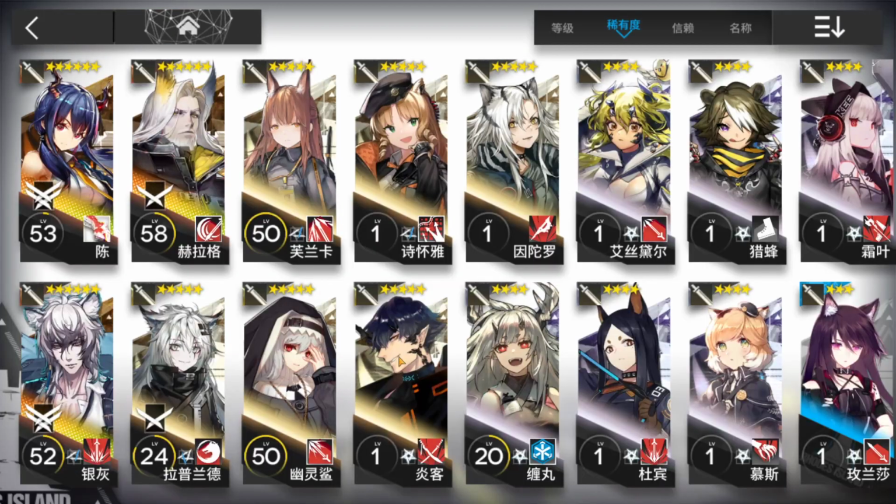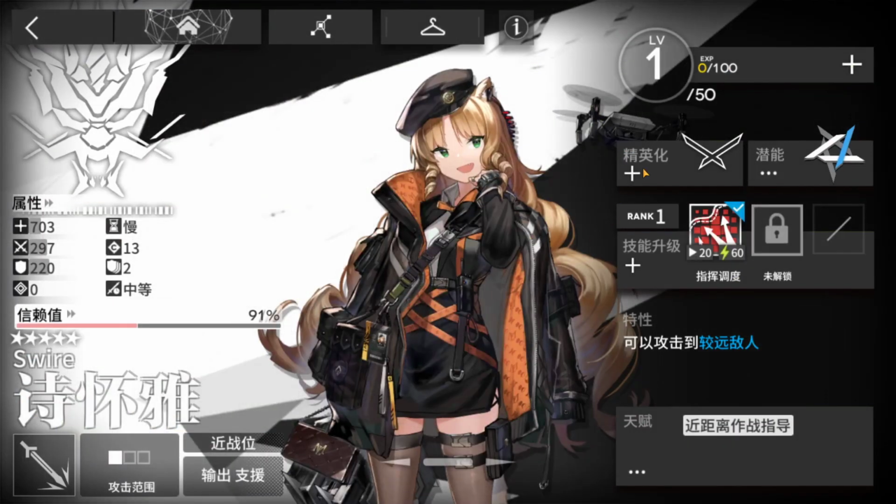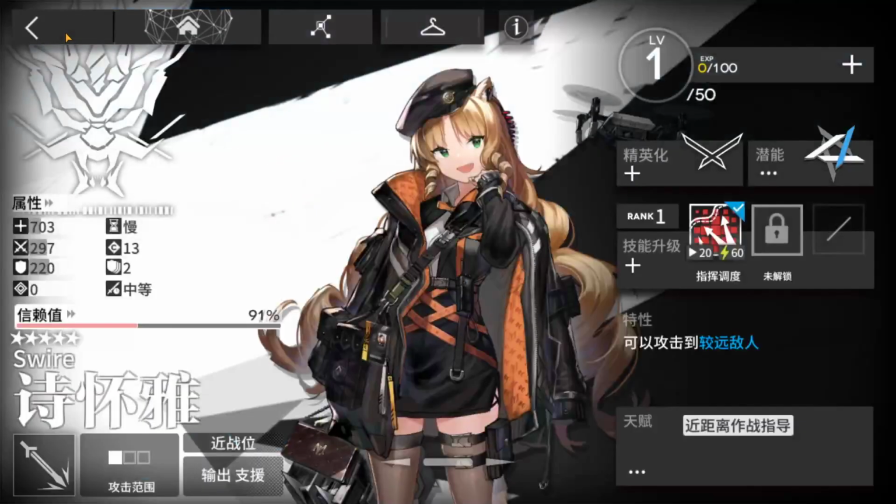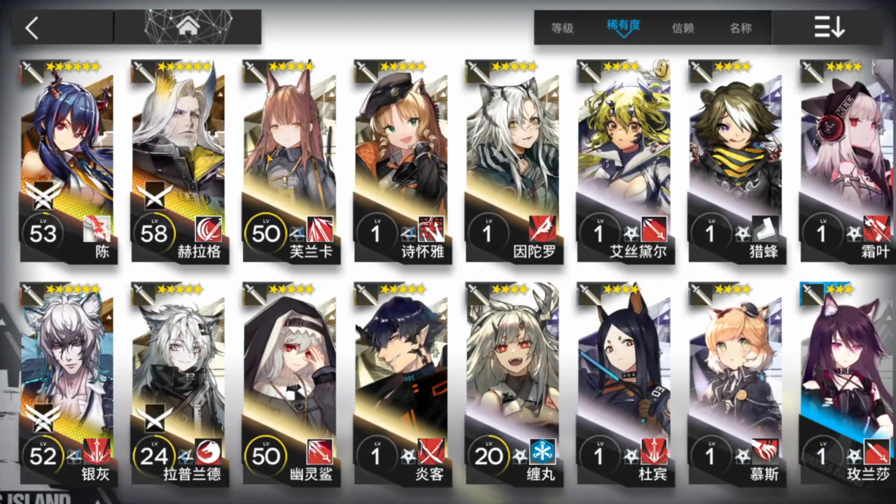And also the 5-star variant would be Swire, and her skill grants all allies around her 6% damage. So it really depends on you if they're good or not. And a weird type of warriors are